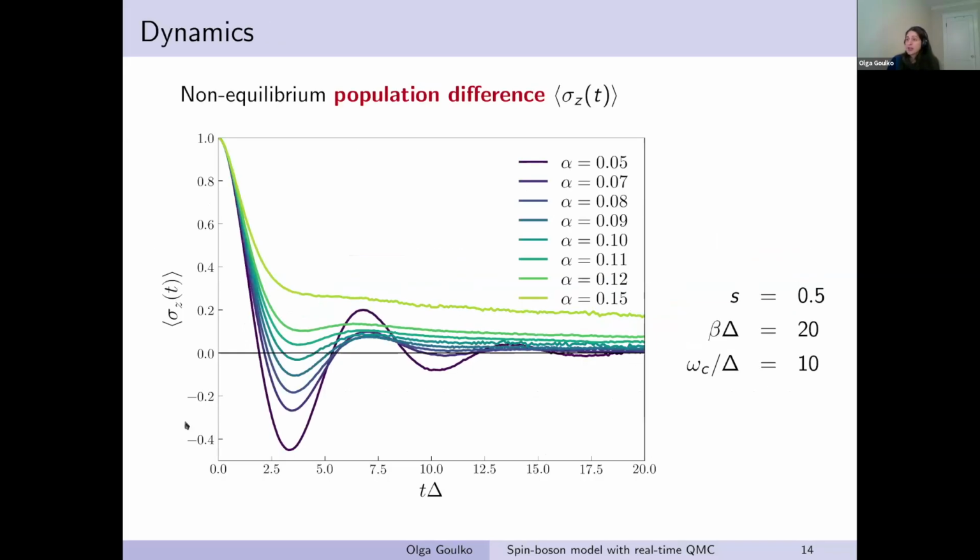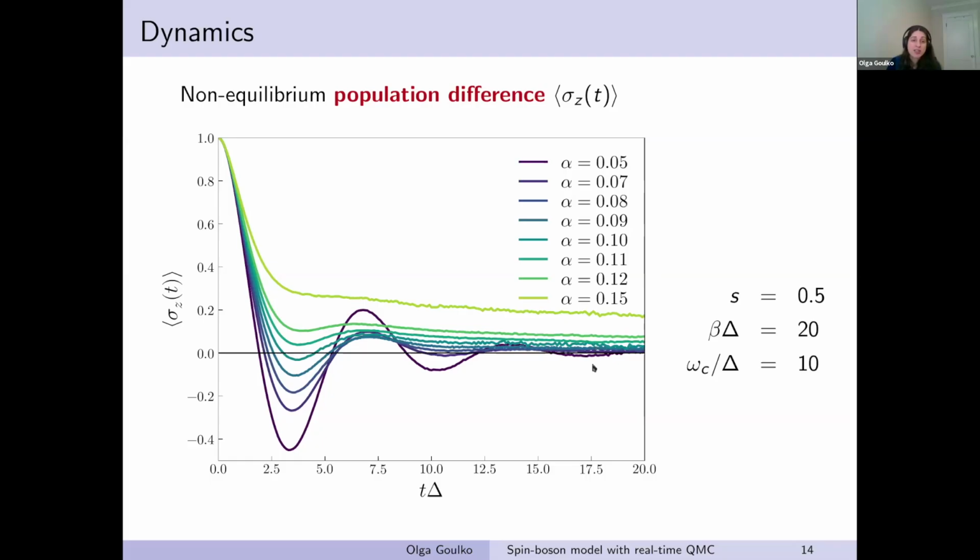So now let me show you some of our results. And again, I'm going to focus on the population difference. So this is kind of what a typical evolution of the dynamics looks like. Alpha here is the coupling constant. So the greater alpha, the stronger the system is coupled to the bath. And depending on the strength of alpha and on the value of the sub-Ohmic parameter S, we can have different types of behavior. So one thing we notice is that at long times, we can either converge to 0, so